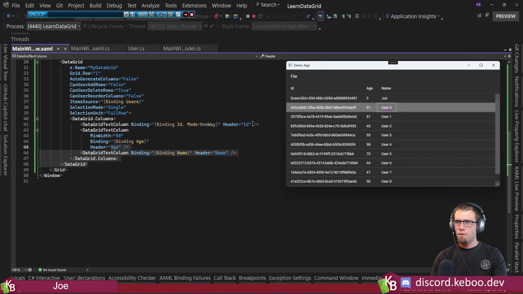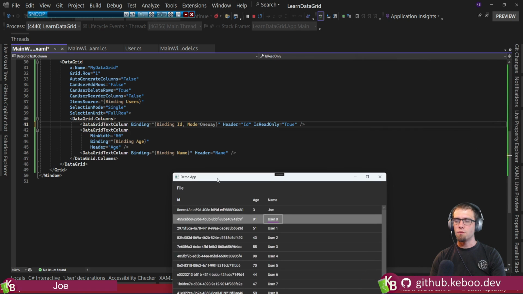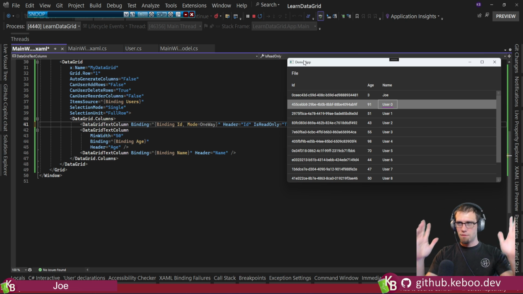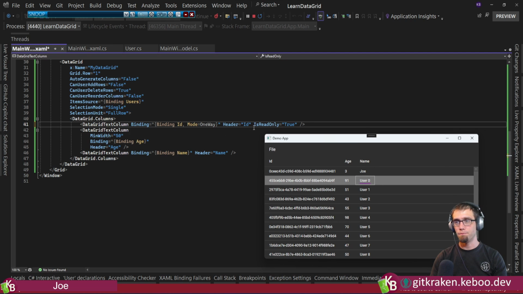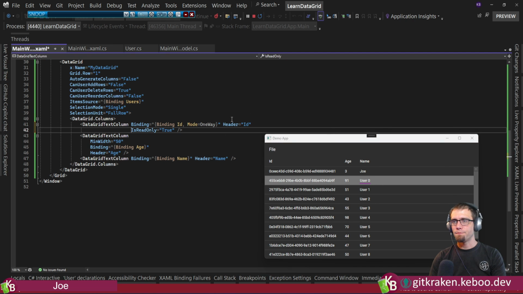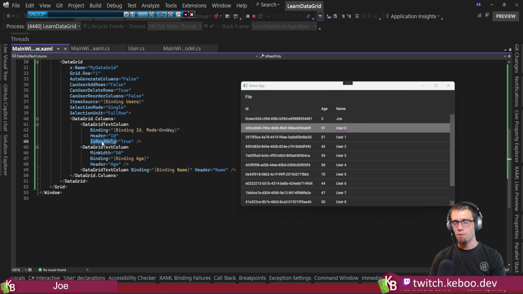The other option, I believe, isn't there a... Yeah, IsReadOnly true. So you can turn individual columns read-only as well. If you want to say, you know what, we're only going to let them edit the age, but your name is fixed. Nobody ever renames themselves. So something to that effect. Either set the binding so that it appropriately respects the read-onlyness of our property, or make the column read-only, or